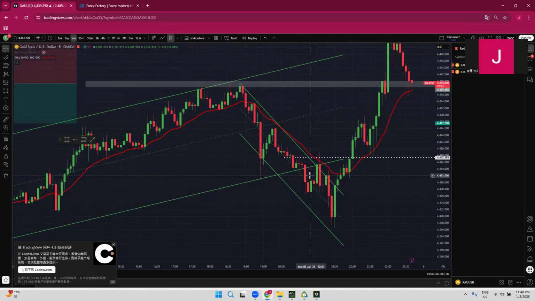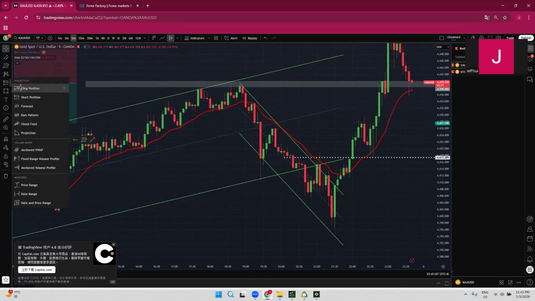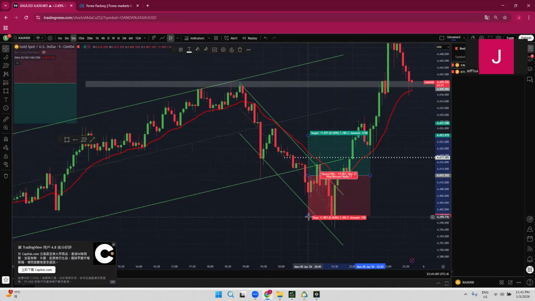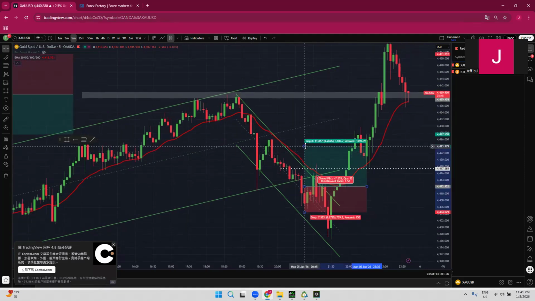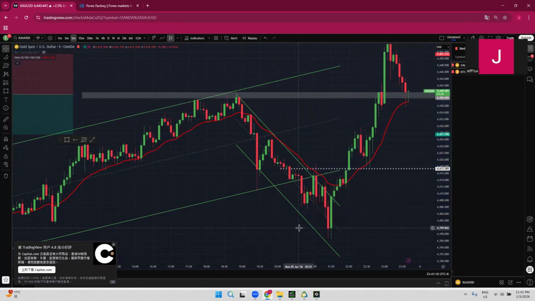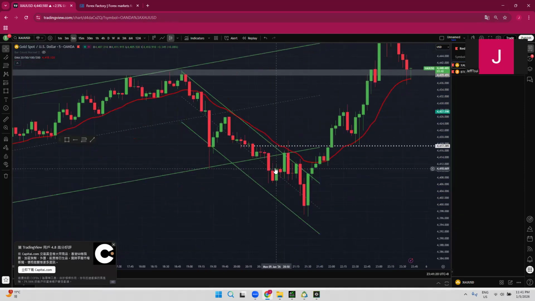You can see that I have a very clean risk reward. I put my stop here, and you can see that my stop got stopped out. So maybe next time when I trade a setup like this, I will use a lower risk, because the probability of my trade getting hit is higher and the risk reward is high as well, right? So that's my second trade.